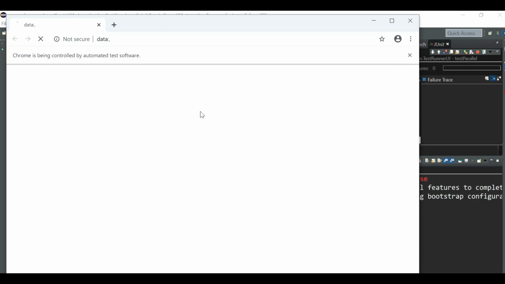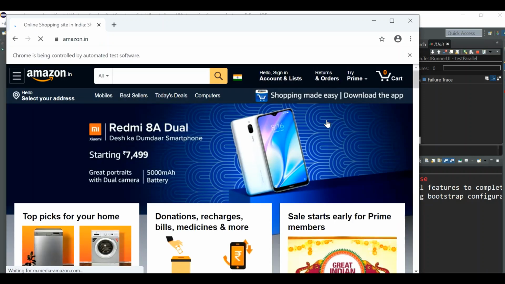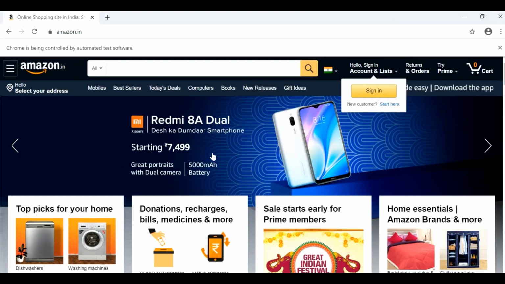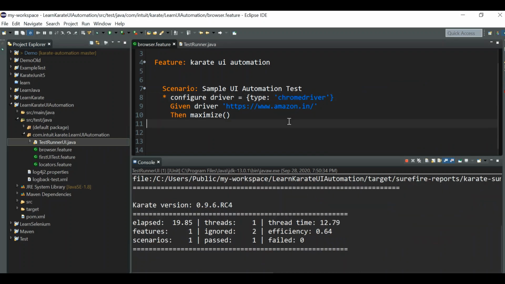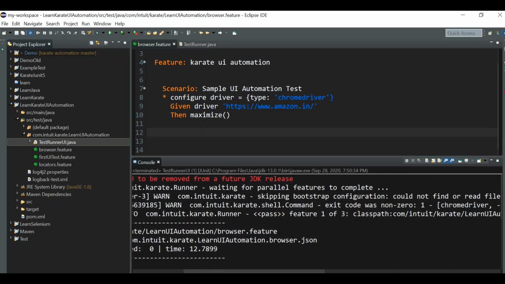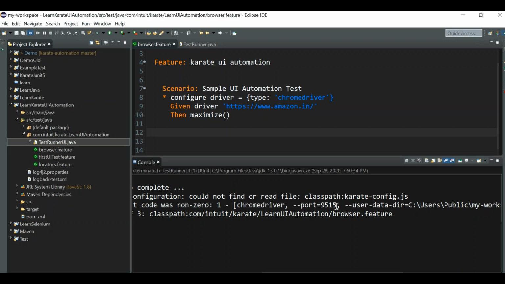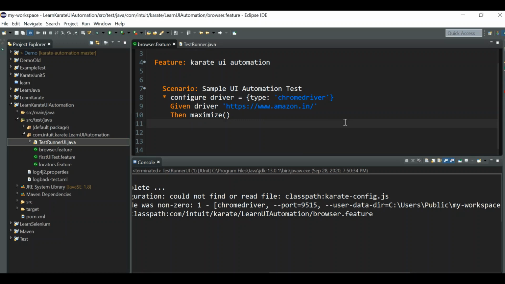Now you can see this is a normal Chrome browser, right? Using chromedriver, you cannot see the change in the Chrome browser icons that you saw when you use type equal to chrome. But when you use type equal to chromedriver, you can see the normal Chrome browser, and you'll also be able to see the port number it uses. So it is using the default port, that is port 9515. And if you want to change the port, we can have different parameters in the same config. You can have port, and you can also add executable.